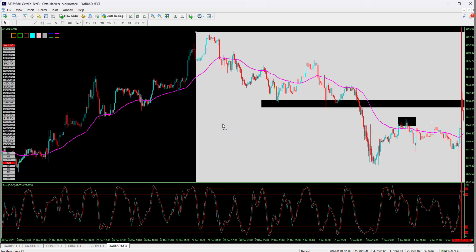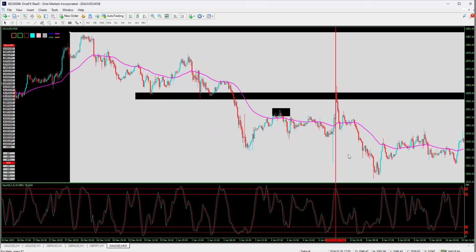Let me see what I have. So at the 30-minute time frame, you can see here we have the zone at this point. Then this one, we have this point. You can see this one is on the same level. It's a high risk trade because both of them are on the same level, but this one is higher than this one. So it's just moving this way. So what you will do here,